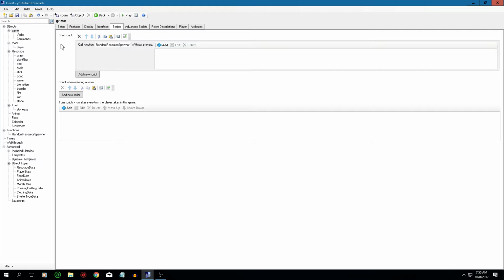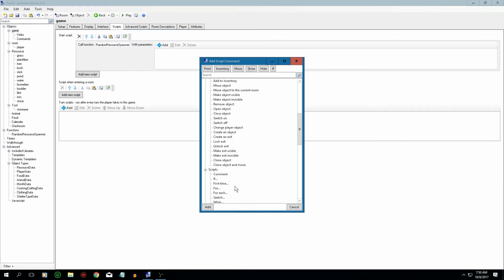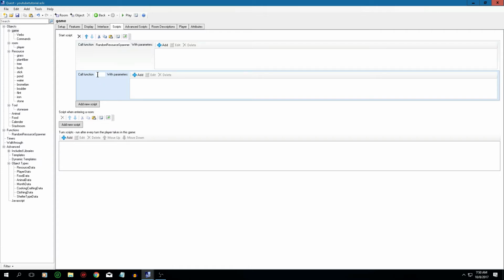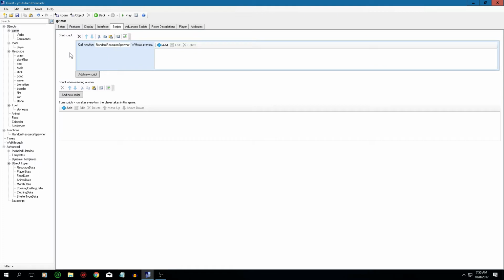Okay. So if you want to know how to do this on the game, start script, we're going to add a script. You're going to find scripts and call a function. So you add Call function, and then you name it the exact name that you gave the function that we just made. So random resource spawner. So then once we got that done, now if we jump back into the game,